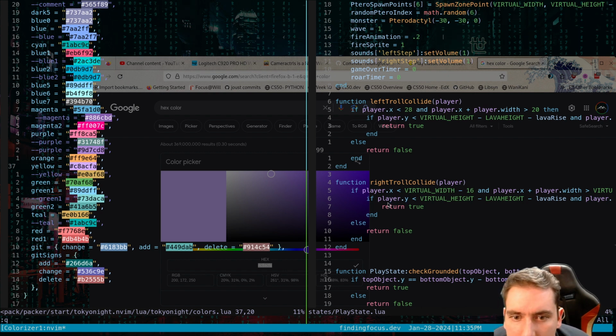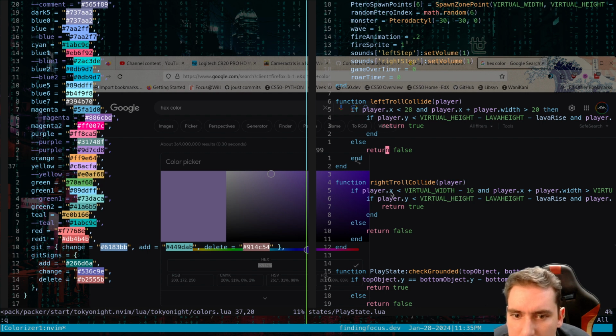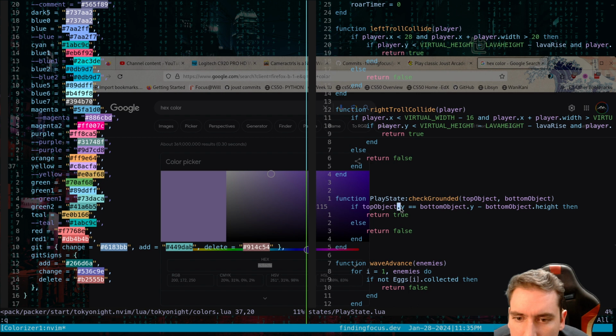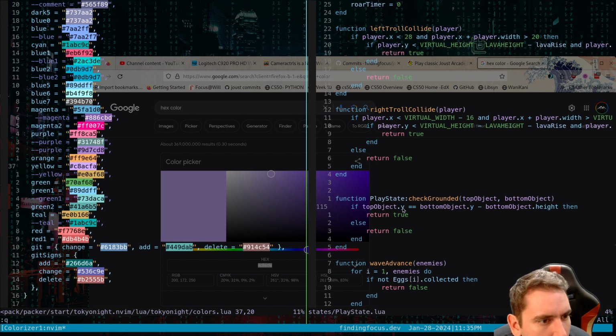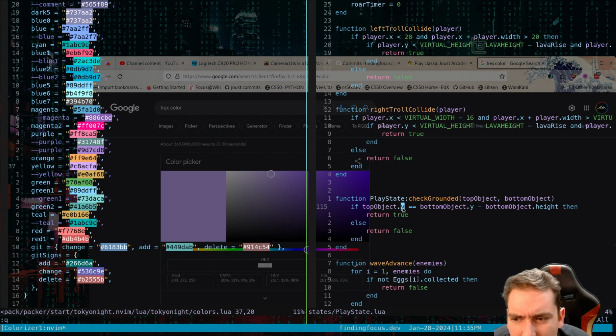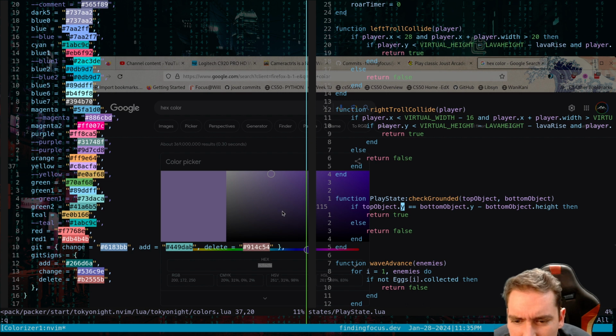Now, I guess, you know, function and end seems fine. Let's just change this field method, whatever you want to call it. What is this color? Green 1? Let's change this green 1 to be something totally different, like